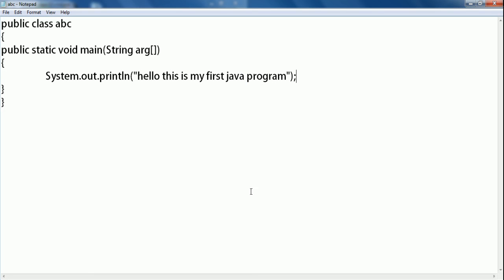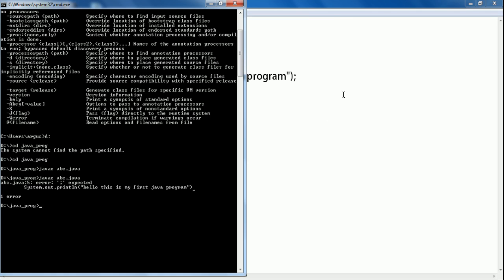Now save our program. As I have already said, until you save and compile your program, it doesn't show the changes. We compile here, and it says our program is okay. Now we can run our program. To run it we write the Java interpreter name, that is java itself, and then the class name.